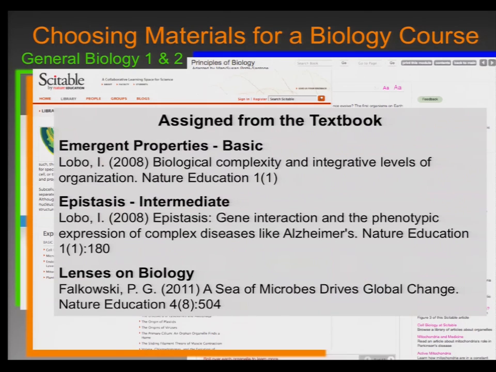Again, emergent properties, for example, happen to be a very difficult concept for first-year biology students. So I'll pick an article that's at a basic level. As we go on this semester, and we've talked about genetics, I'll pick an article that's at a more intermediate level. If I'm looking for something that's going to be application-based so that they can see the relevance of what